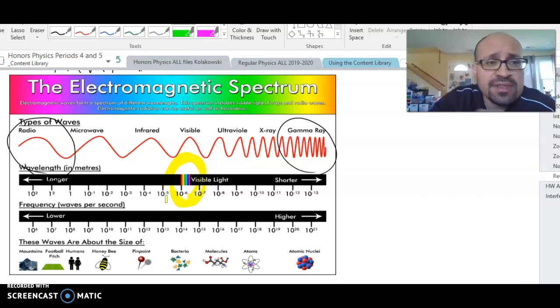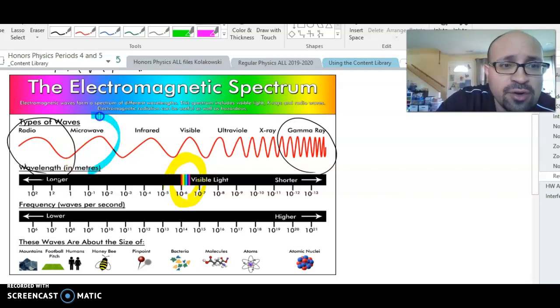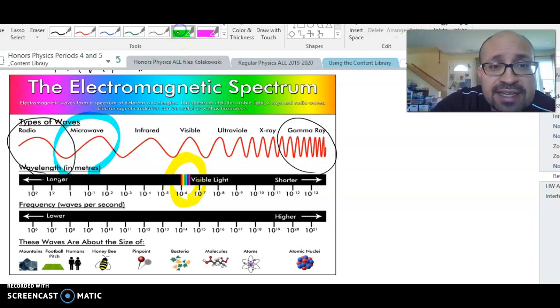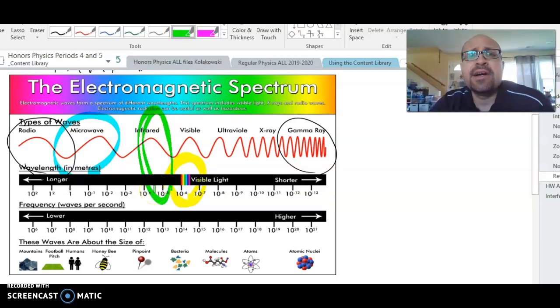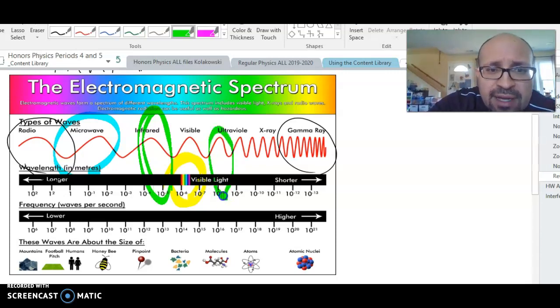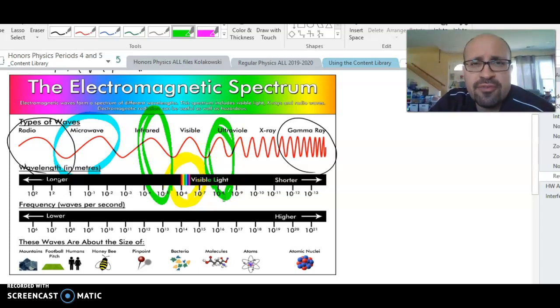Cell phone radiation is over here in the microwave range. Microwave ovens also use that kind of wavelength. Radio waves speak for themselves. Infrared is where we see the heat energy. If you put your hand near a campfire, it's that infrared radiation that your hand is absorbing, warming up your hand. Ultraviolet, we know that in the summer, is the type of radiation from the sun that causes sunburns